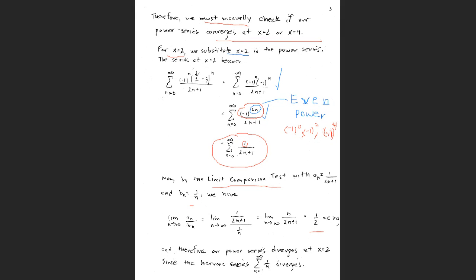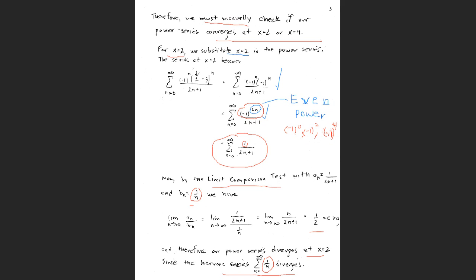And therefore, by the limit comparison test, our power series has to diverge at x equals 2 since the harmonic series diverges. Okay, when we're using the 1 over n here, that's because a harmonic series has the term 1 over n in it. And that series, so we're saying basically that